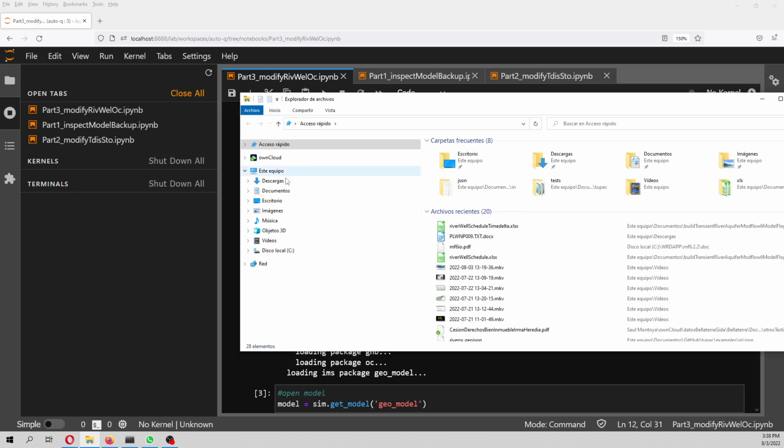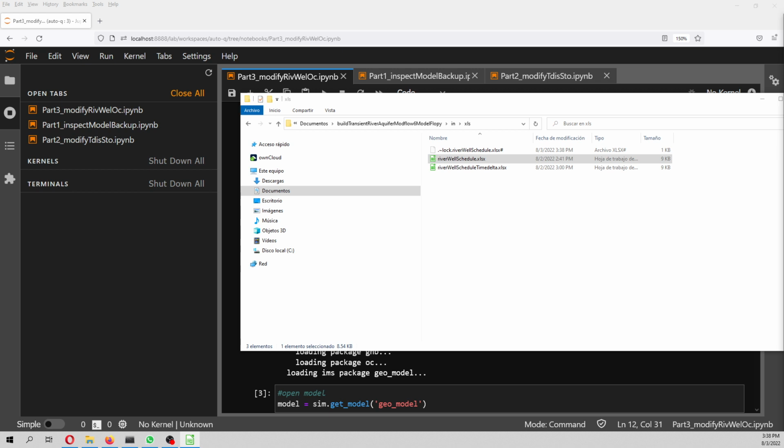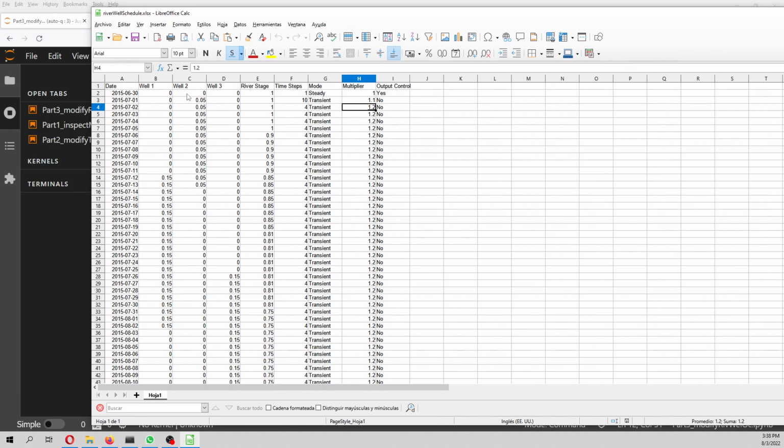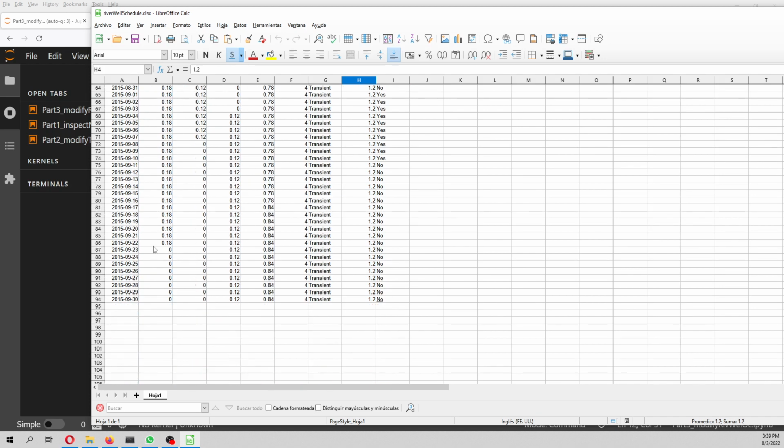Here, you're going to receive the zipped version of this, and here you have the schedule for the boundary conditions. This schedule has values because it is actually based on another model, from another tutorial, so I'm going to leave the tutorial that creates a steady state model as well. But in this case we want to create a transient model where we are going to cover